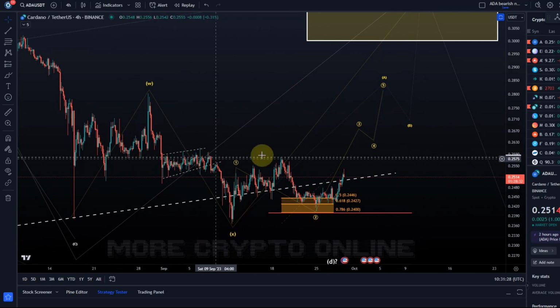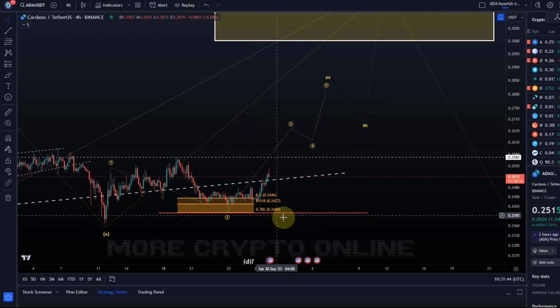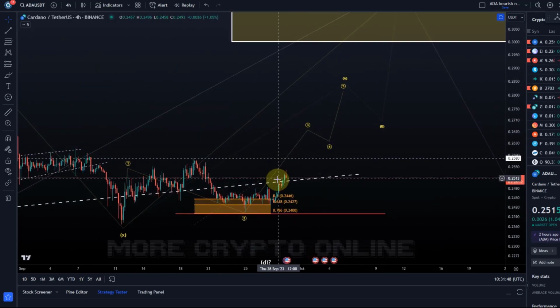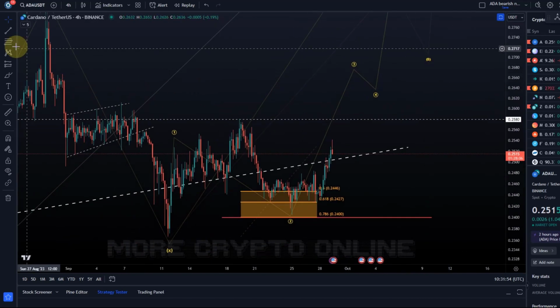We've got the next key resistance level here around 25.8 to 26 cents, the previous swing high that was made in September. Here the price reacted already, around the 17th of September. So these support areas can be used, right? But below 24 cents, I'm looking at a more direct breakdown and a test of the 22 cent level probably. But as long as we're now pushing higher here and get above 25.8 cents, the price should reach in this circle wave 3,